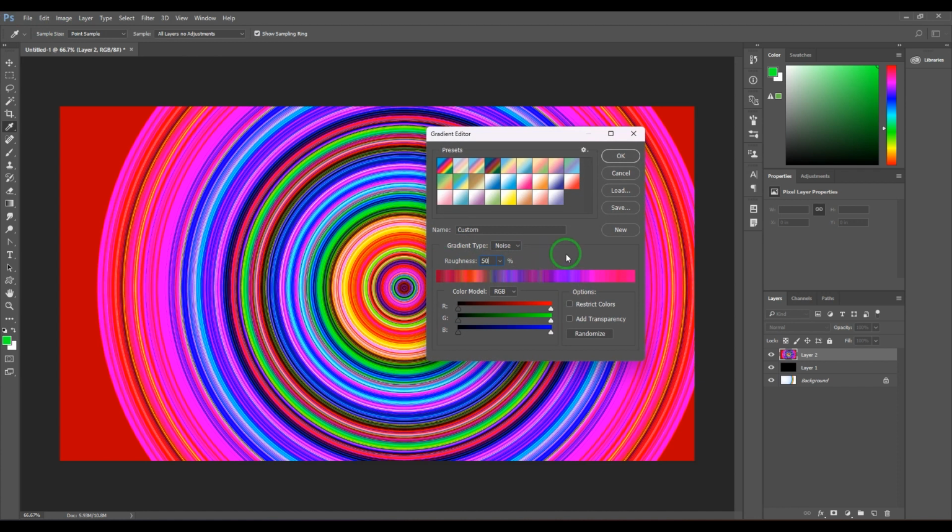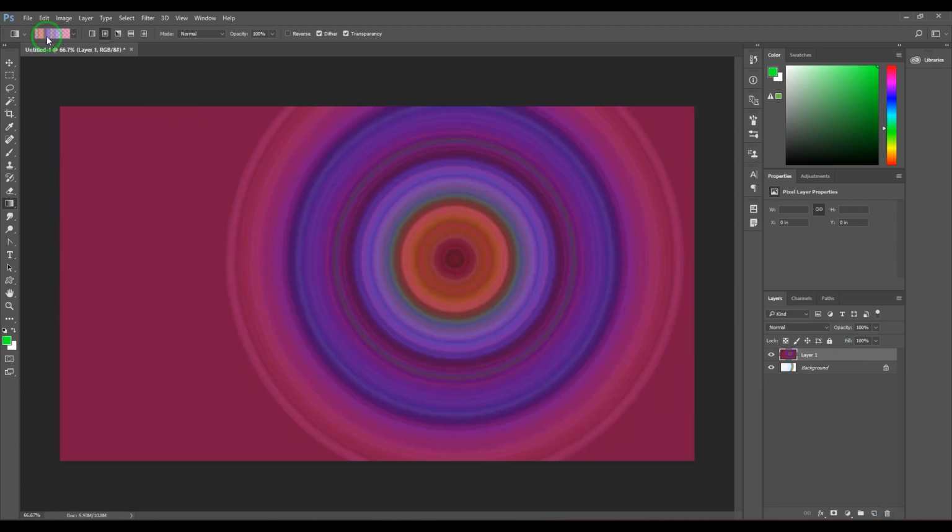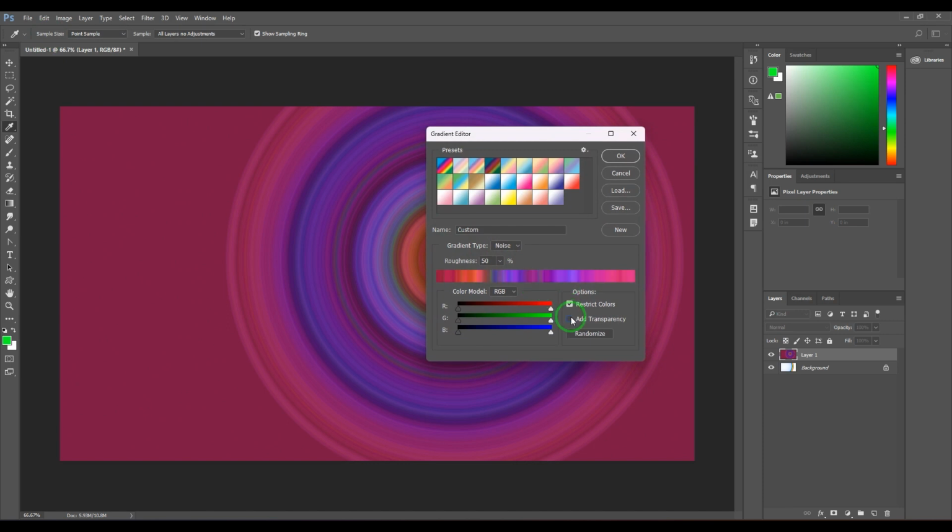And we have restrict colors. What restrict colors does is it will soften or remove oversaturated colors. That's the whole idea of it. And we have add transparency. It will randomly make it transparent. In certain areas it will be opaque and in certain areas it will be transparent. You can see that. And when you click randomize, it will throw different types of gradients before you,